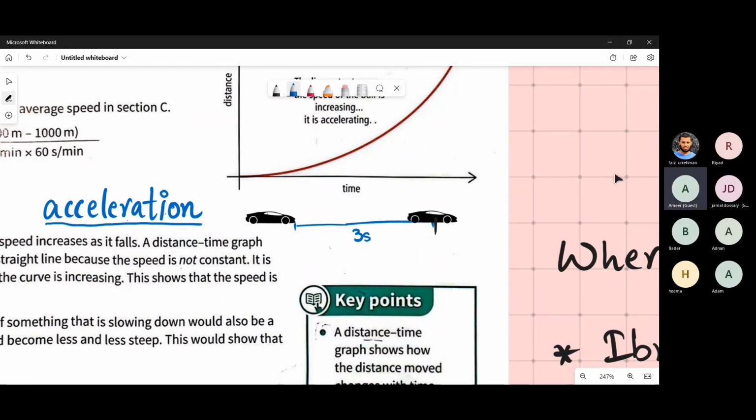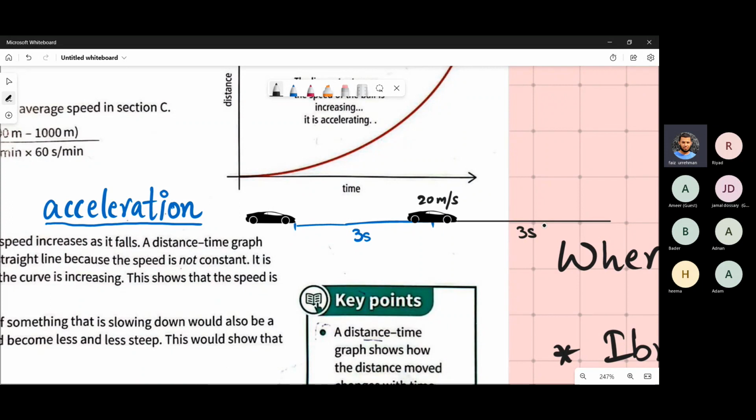Mister, acceleration is the change in speed over time. Yes. So after 3 seconds, the car came here. Its speed was like 20 meters per second. Now again, after 3 seconds,